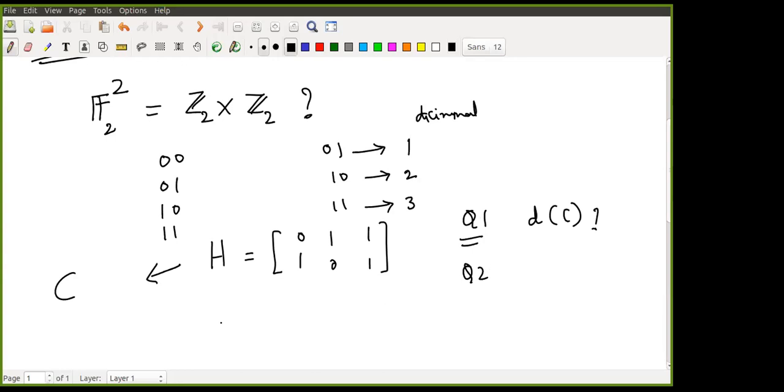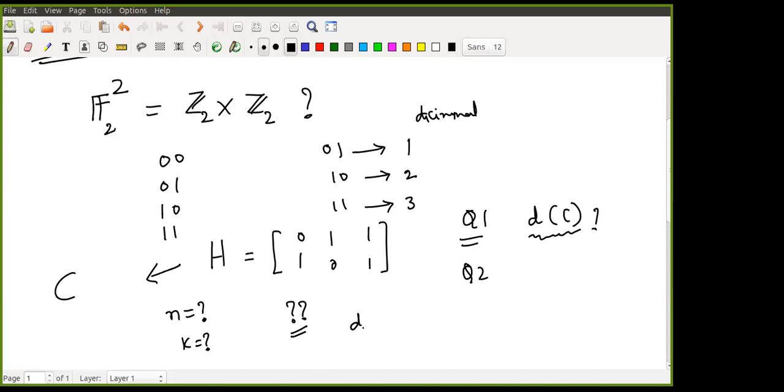But okay, anyhow, we can ask what is n equal to here, what is k equal to here? I'm just asking questions only, I'm not giving the answers. What is n equal to, what is k equal to, what is the distance of the code? You can tell n and k, but it may be difficult to tell the distance of the code directly from the parity check matrix. Then we need to ask proper questions.